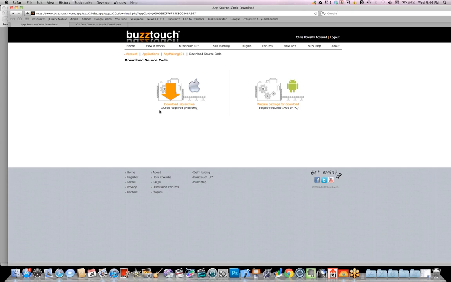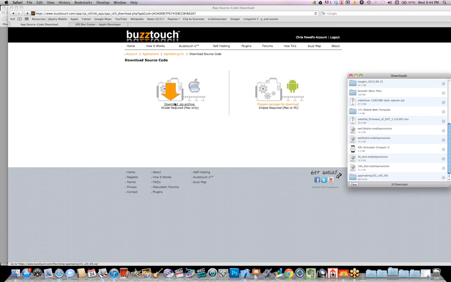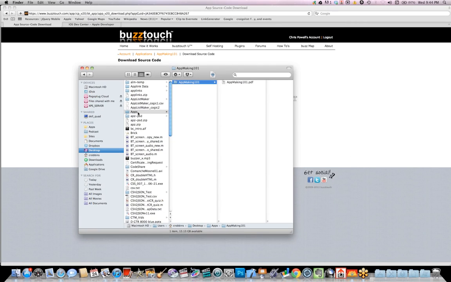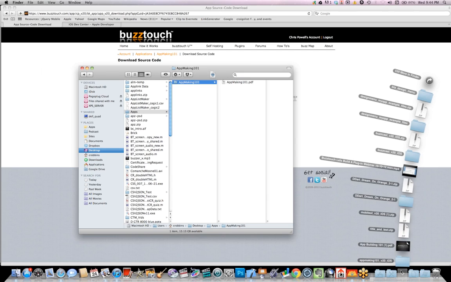Once we get the package prepared, it's going to give us a download link. And I've got my download. Now what I suggest, and this is just the way I do it, is I make an apps folder, and inside that apps folder I make a subfolder with the name of the app that I'm working on. So you can see I've got my apps folder. I've got the name of the app I'm working on, and I'm just going to take that download right there,